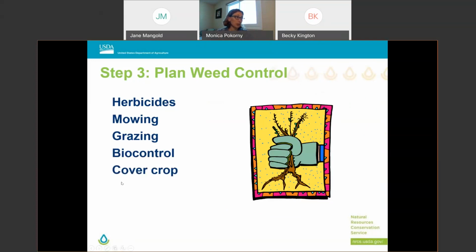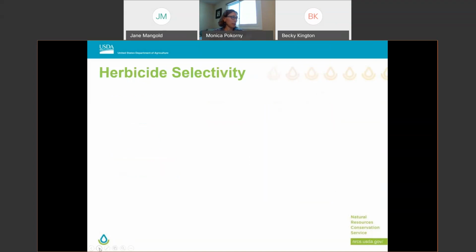We might use repeated mowing or grazing. This could be to control the site, but you'll see that it's also really important for prepping the site for seeding. And then also biocontrol and cover crops are being used more and more to manage weeds before revegetating. But by far, I would say the most commonly used technique is to use a herbicide in your practice before